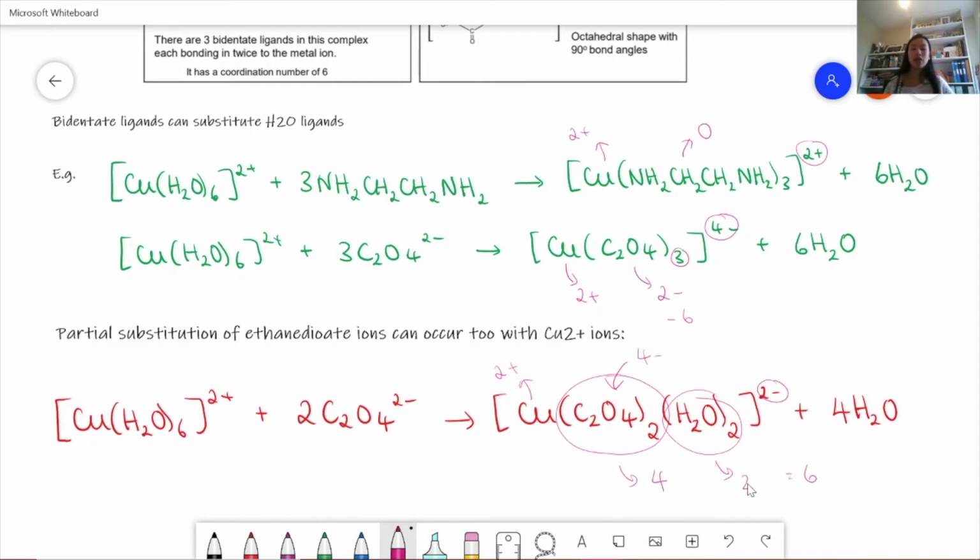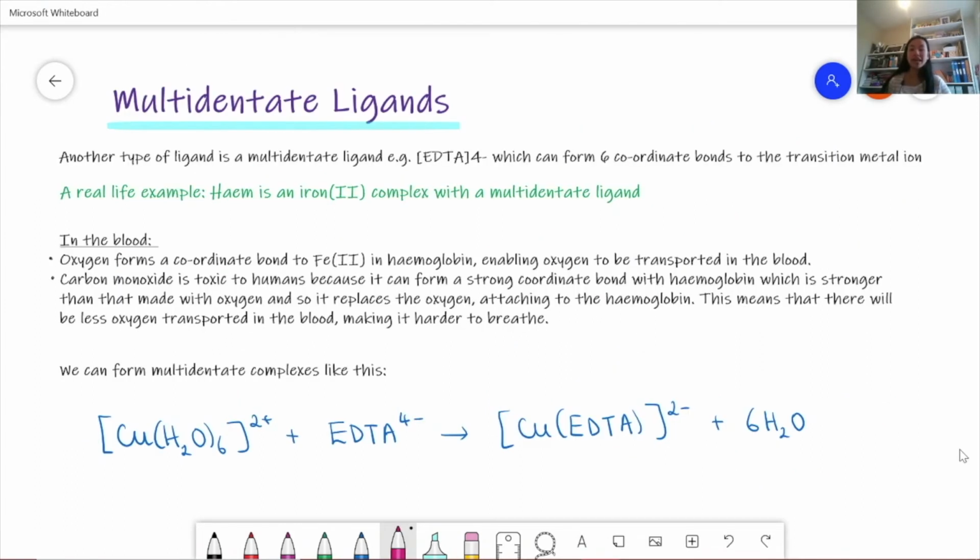And then 4 waters come out because we originally had 6 coordinate bonded to the copper 2+ ion. And now we're going to look at the last type of ligand, which is a multidentate ligand. Now, a multidentate ligand, for example EDTA, can form 6 coordinate bonds to the transition metal ion per